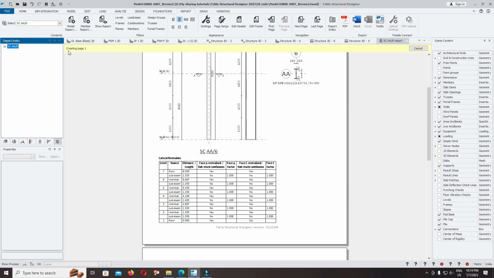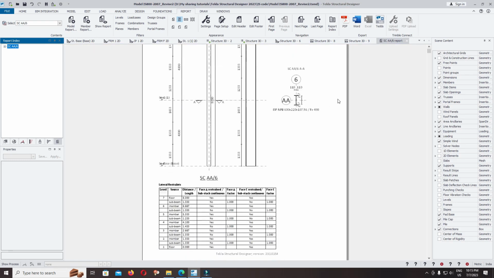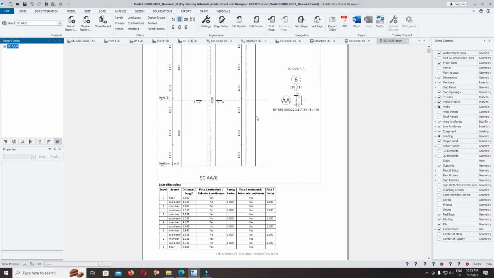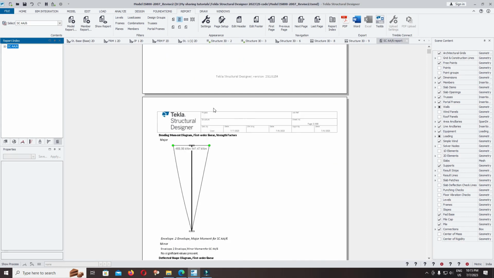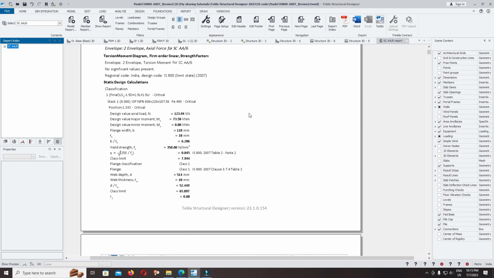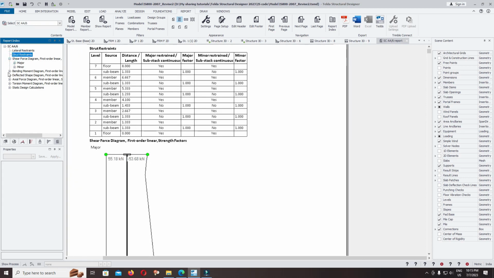Now we are creating pages from page 1 to the end page. Please wait. Okay, now complete. Scroll down to check the report. Click on the report index to check lateral restraint, strut restraint, shear, and bending moment, deflection,